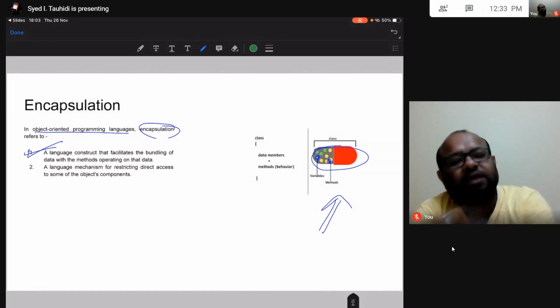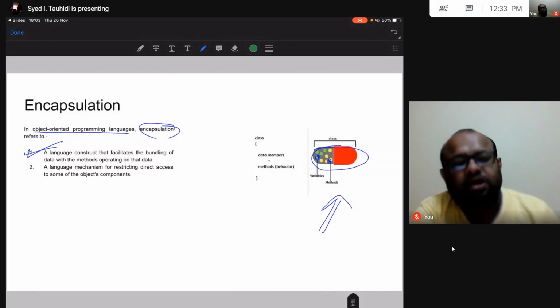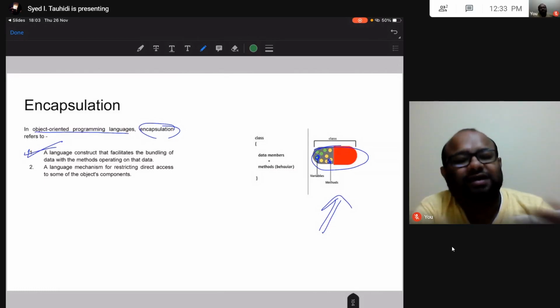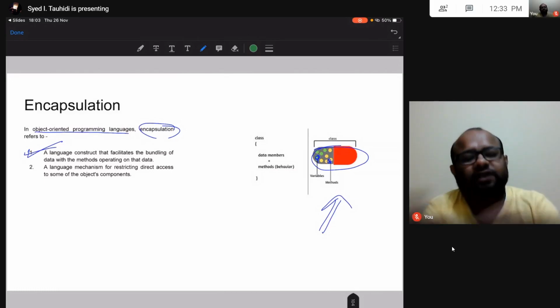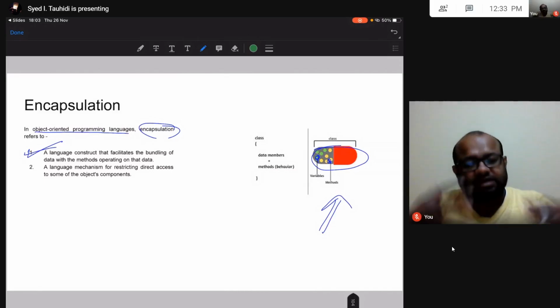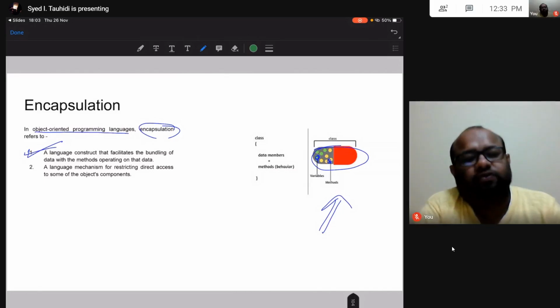It will also have some advertisement software that will keep showing videos. It will have some loan software that will show me what loan options are available in that bank. So there are lots of different software inside this big ATM software.